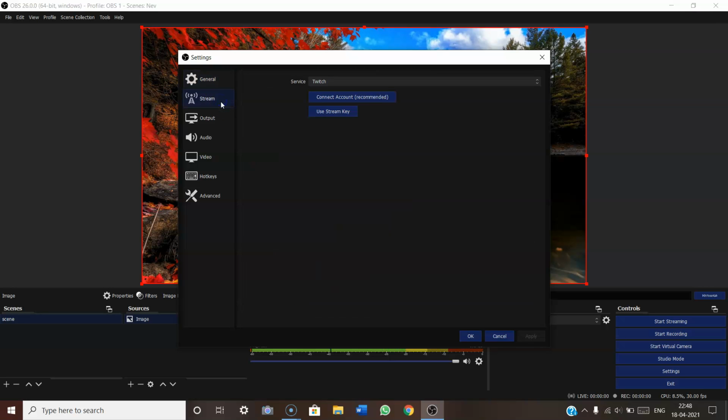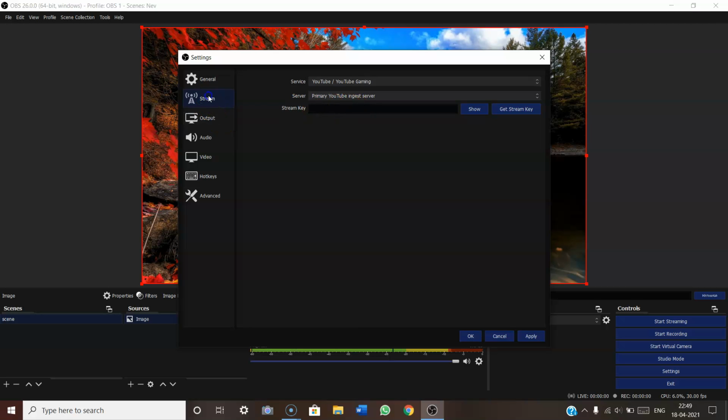Next, going to the stream, these settings are useful only when you are going to stream a game or anything you do on your laptop or your system. Service is nothing but the platform on which you are going to stream a video. Here there are many options: Twitch, YouTube, Facebook, and much more. If you click YouTube, the server will be set as default. And the stream key is what you get if you're going to stream under YouTube: if you click streaming, you will get a key there, and you can copy and paste it here.